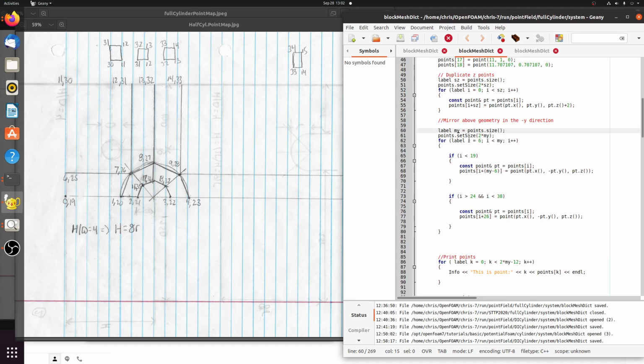So my is equal to 38, and we're going to duplicate both planes in the negative y direction, two planes in the negative y direction. So that's going to be 2 times my. So that's going to be a total of 38 and 38 is 76. So it's going to be a total of 76 points, but we're going to miss not just 6, but 12 points in the center,